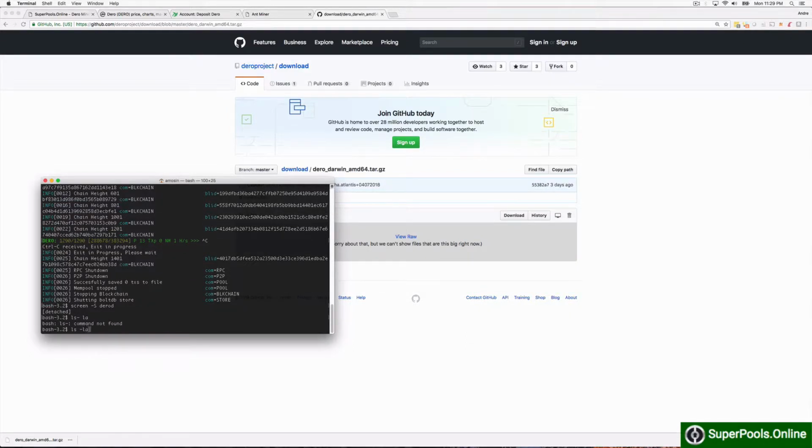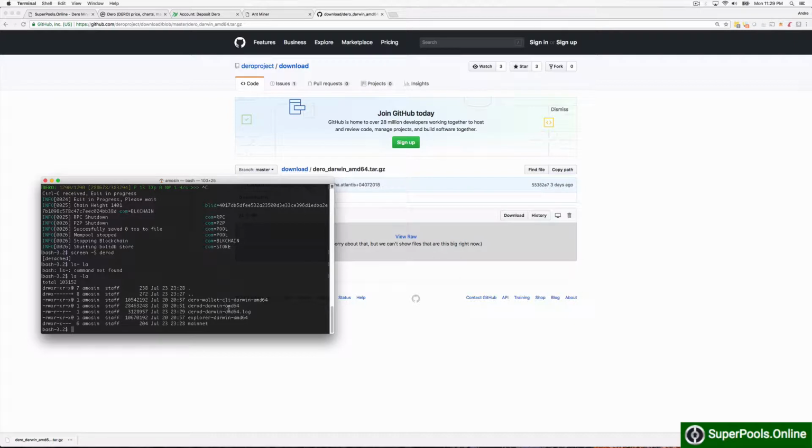Now we have an option. We don't need to wait until the blockchain is fully synchronized before we can run a wallet. So we're going to play with that. We can run this command here,